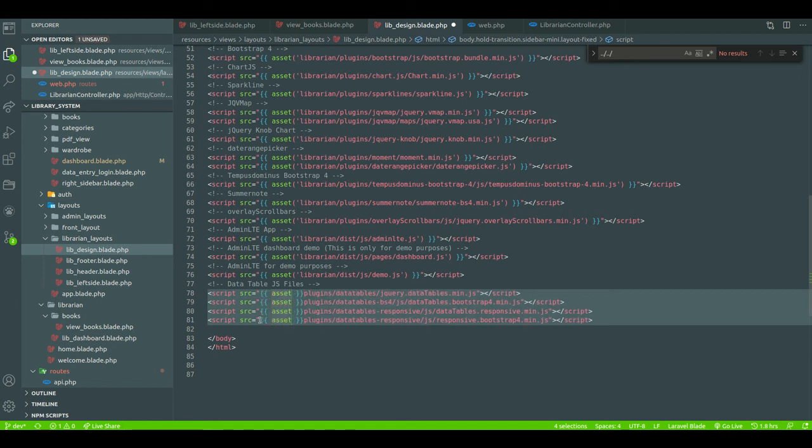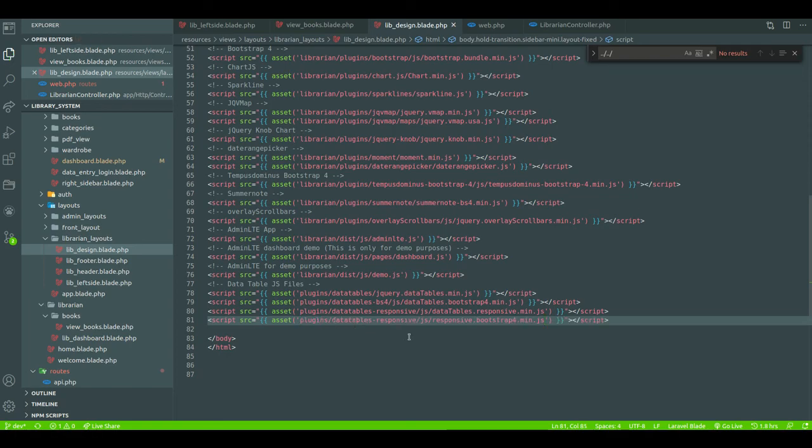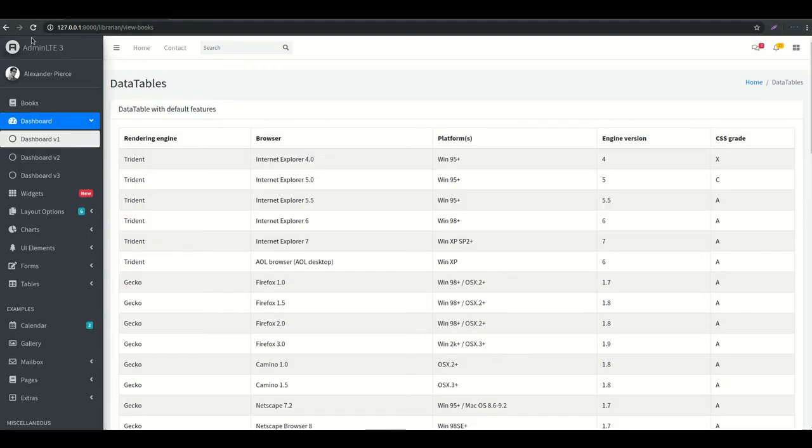Asset, this one we just cut and paste. I think now it will work.